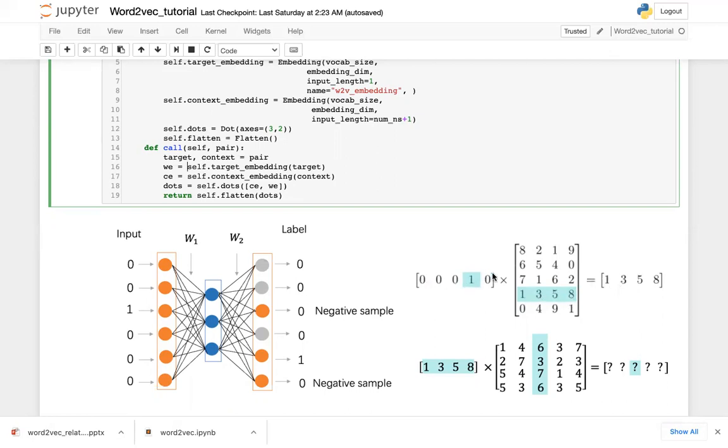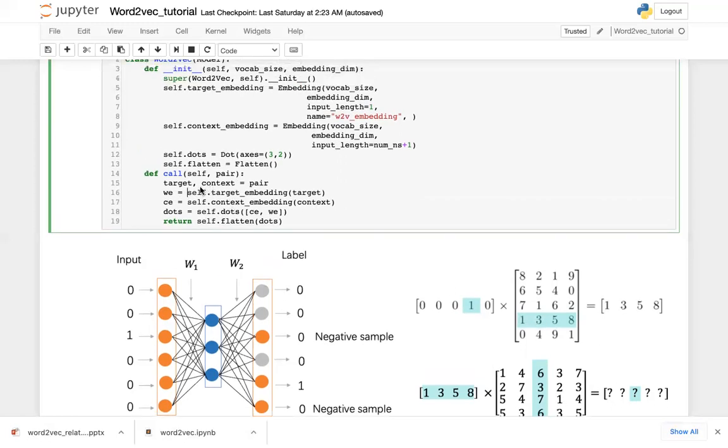Although what we do here is a matrix multiplication, because this vector is a one-hot vector, the effect is just like a lookup. So here we just use a lookup operation to directly look up the vector as the WE,